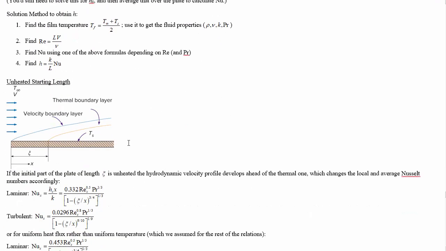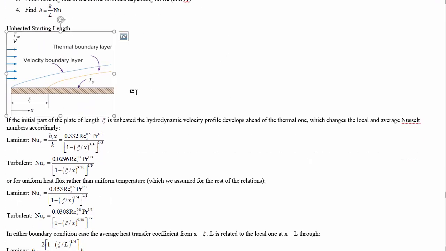Unheated starting length. This is going to be a modification to the formulas that accounts for a common case where you have the velocity boundary layer developing first and then the temperature of the surface kicks in later. So this might be the case if you've got maybe the edge of a table, and then a little bit onto the table there's a hot plate, right? So maybe the hot plate is really thin, so it doesn't increase the thickness, but suddenly you've got a temperature change